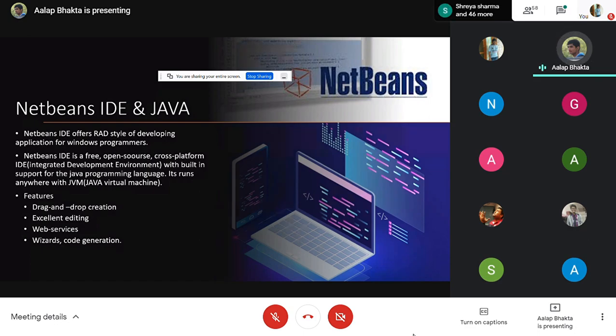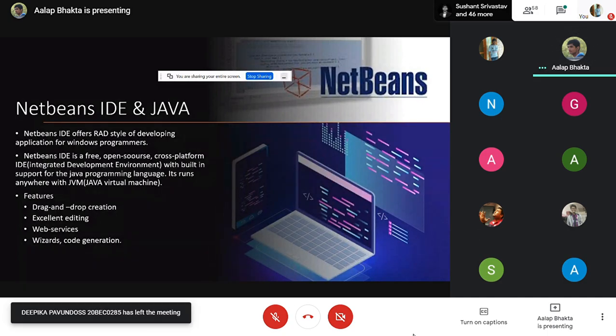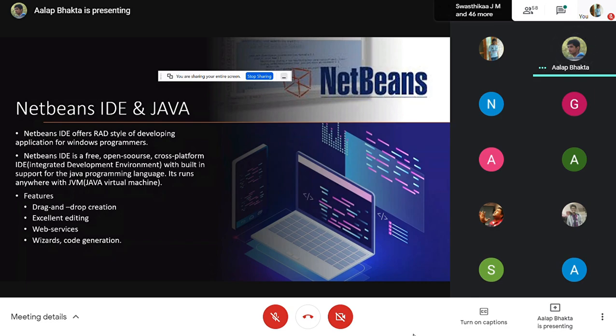So even if you don't know C or C++ or anything, and you have a basic idea of how for loop, if else, and switch case work, then it will be easy for you to understand Java NetBeans also. So basically, there is NetBeans IDE. Then nowadays, Eclipse IDE is used for Java GUI coding. Okay, so we will look into NetBeans IDE first.